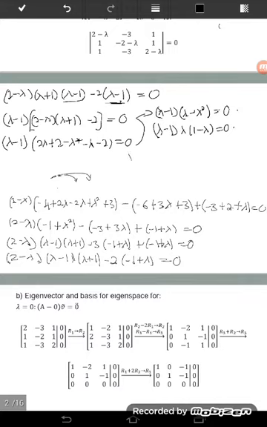So you have the eigenvalue, which is lambda minus 1 equal to 0. So this one lambda equal to 1, and then lambda equal to 0, and 1 minus lambda, which is equal to 0. So 1 equal to lambda. So eigenvalues are lambda equal to 0, 1 and 1.